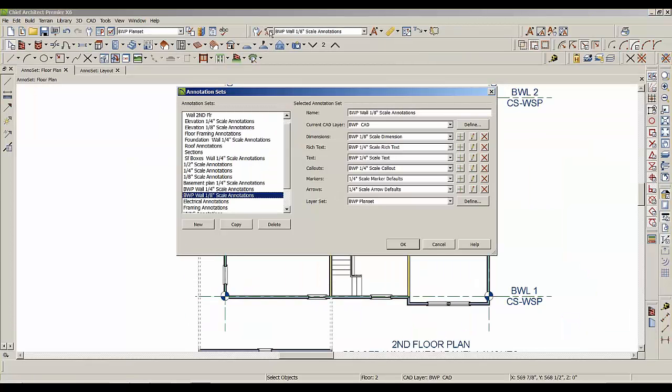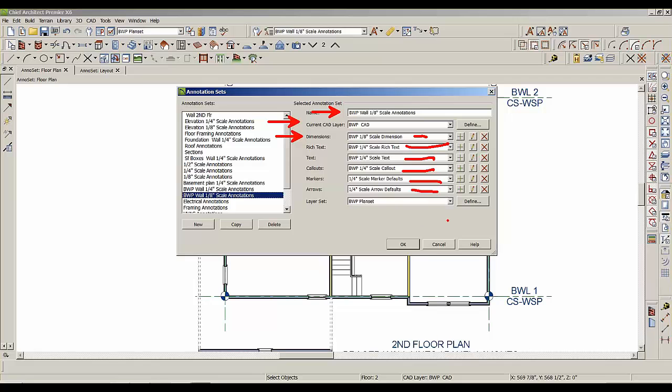So here we go, open that up, and you'll see that we have the name of that annotation set, what I have put in as a current layer. You'll notice the dimensions actually has its own braced wall panel designation, 1/8 inch scale dimension. Same for the rich text, the callouts, the markers, the arrows, and then the layer set that